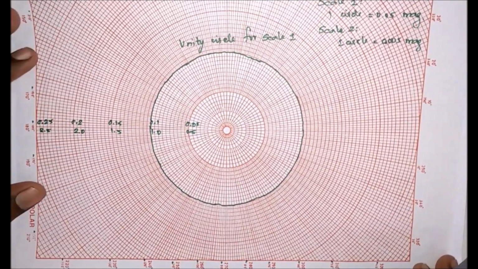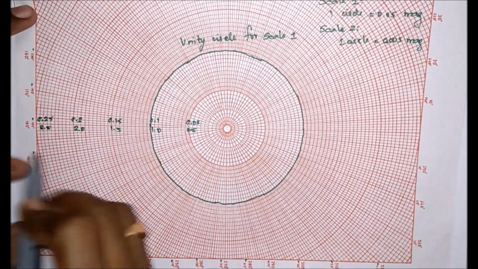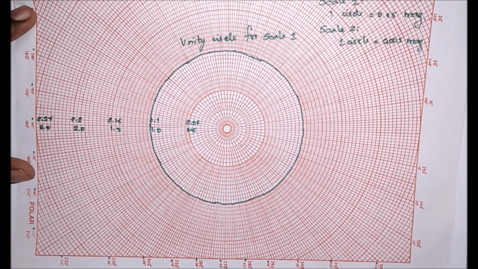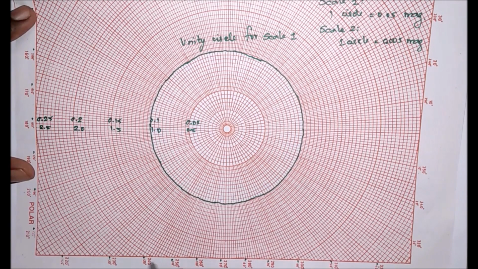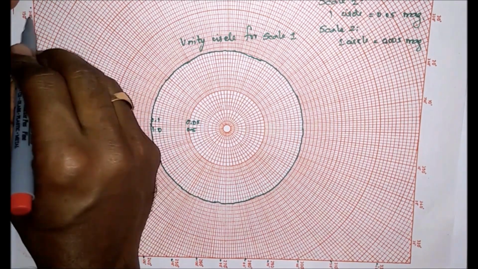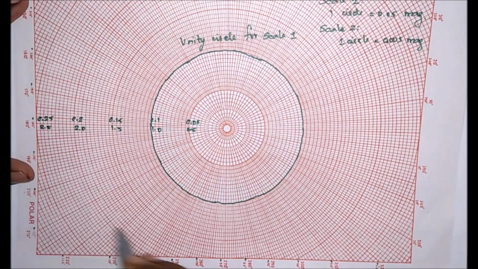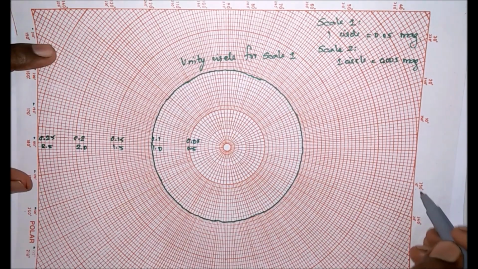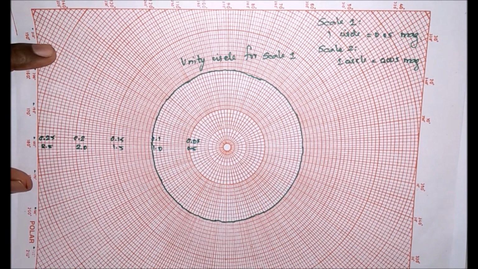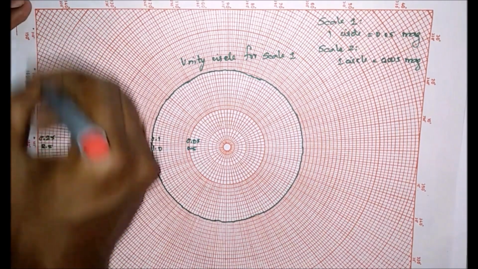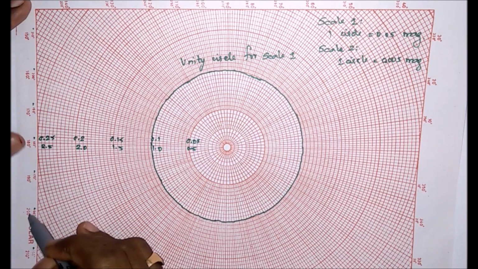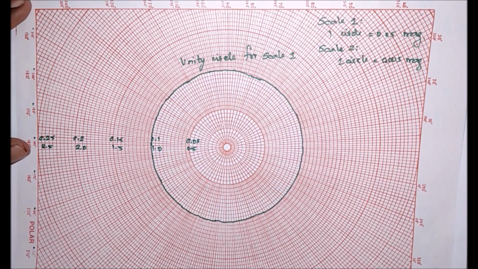So in this polar plot we see the angles. If we take the clockwise direction, this is 0 degree, minus 40, minus 50, 60, 70, 90, 100, 110, 120. Likewise it will come up to minus 210. If we move in the clockwise direction, we have to go in this direction, so we will get positive. Like 320, we have to go from here 150, 160, 170, 180, 190, 200, 210, 220. Likewise we have to continue.